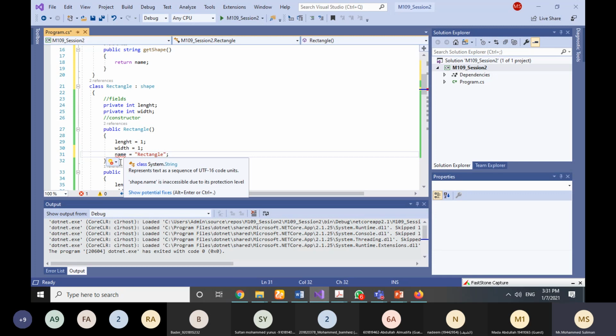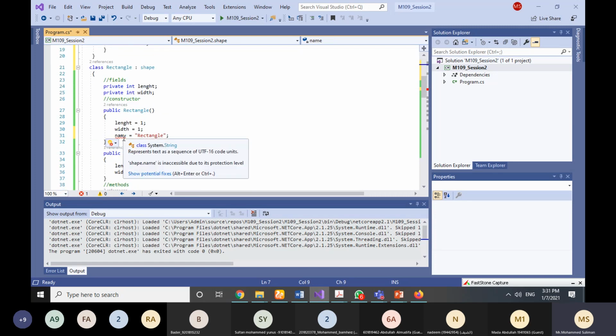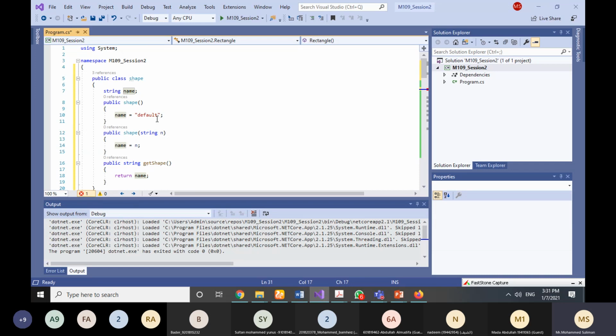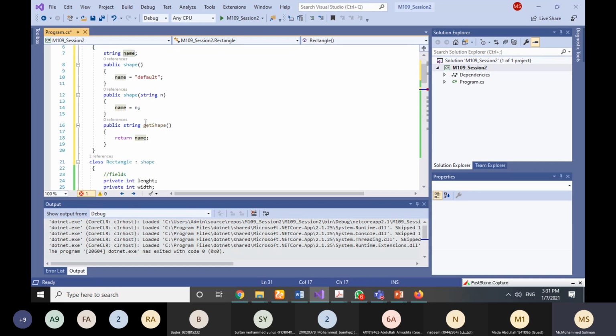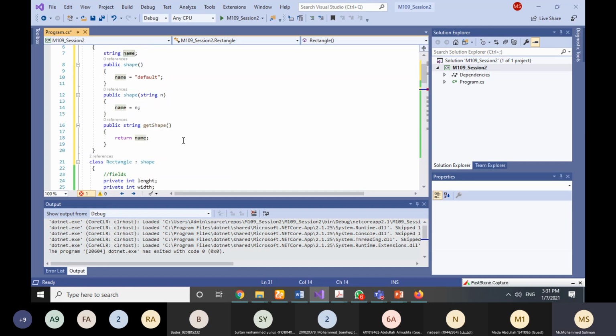Due to the protection level, since we did not define it as public, I cannot access it directly, right? So what I can do here is, for the default case, either I can leave it by default, it will be default, or I can pass it with some value, or I can use a set name function here,